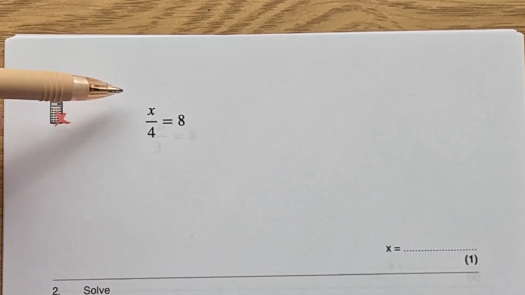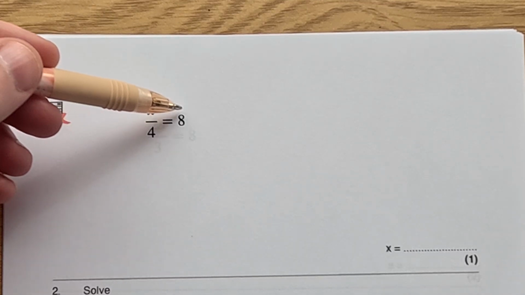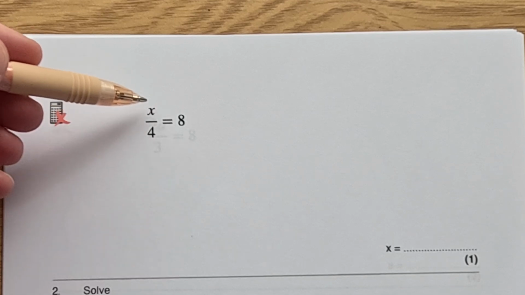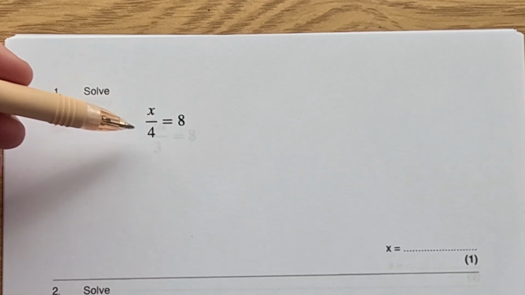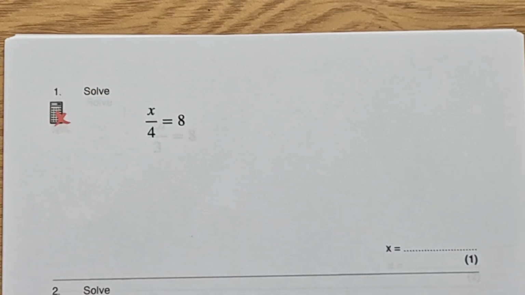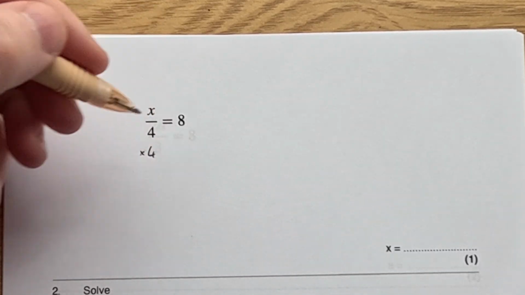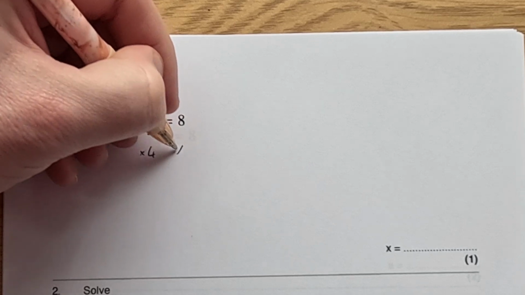Okay, so question number one says solve x over 4 equals 8. So here we've got x over 4, x divided by 4. We want to get the x on its own, so we want to get rid of this divide by 4. So we're going to do the inverse operation. The inverse of dividing by 4 would be to multiply by 4. So we're going to multiply both sides of the equation by 4. We're going to multiply the left-hand side by 4, and we're also going to multiply the right-hand side of